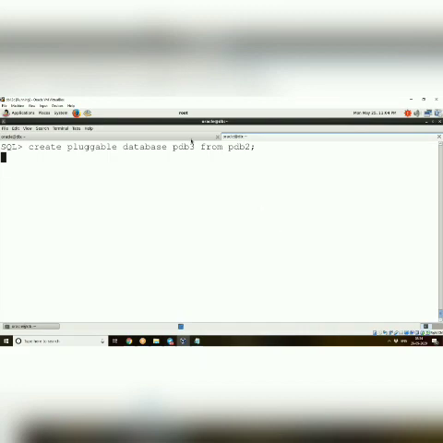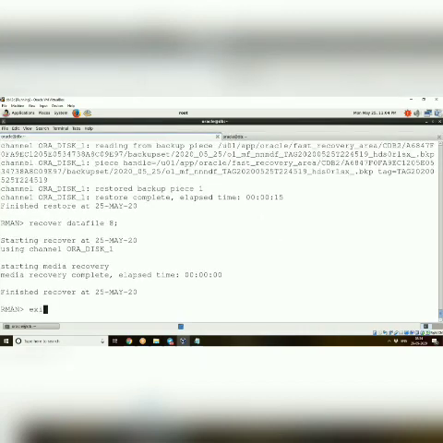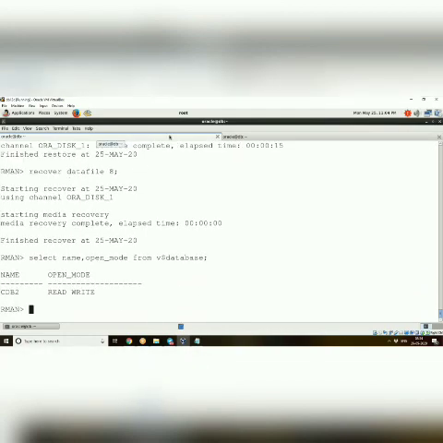In the meantime, we'll select name, open_mode from v$database. Okay, CDB2 it is in read write mode only. Fine. So show PDBs.